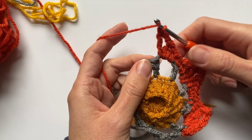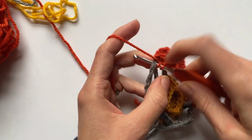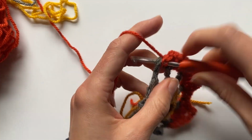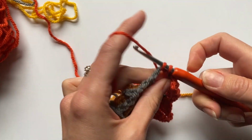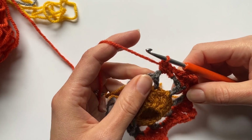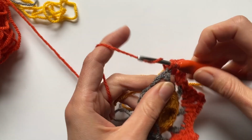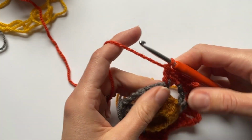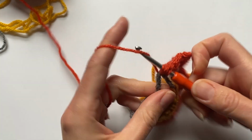So we've got to the next double crochet, and we're going to do a double crochet into there. And we're going to do a half double crochet into the chain 3 space, and a single crochet and a half double crochet. And we've got to the next double crochet, which we do a double crochet into. I'm sure you can see the pattern now, but I will just keep going around as it's a little bit complicated. So then in the next chain 3 space, we're doing a treble,